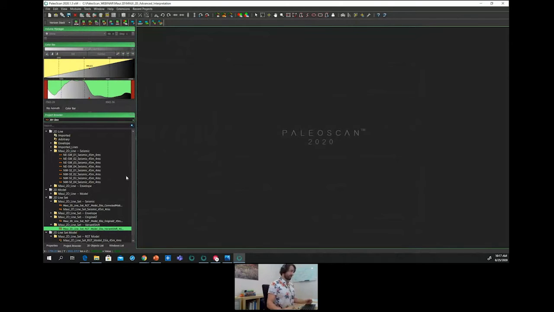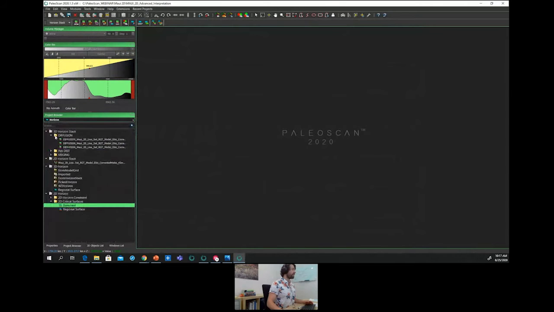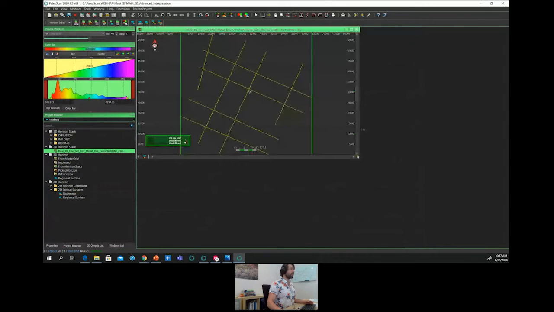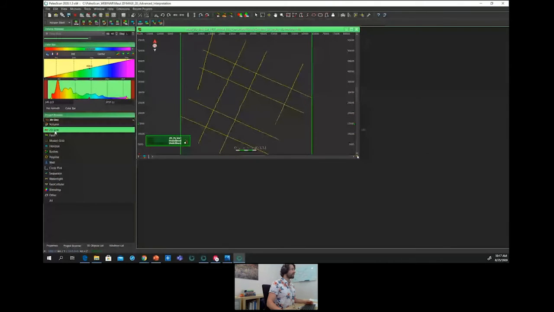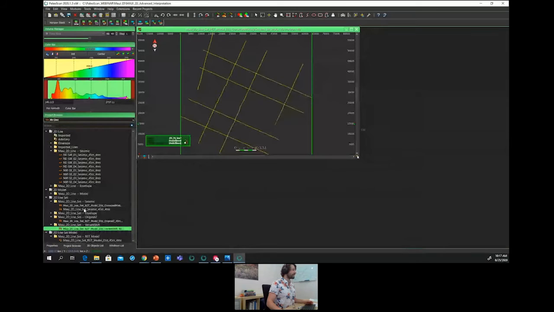Once this horizon stack has been created, it appears within the horizon tab of the project border, within the 2D horizon stack, and we can appreciate the distribution of those isochrones directly onto the 2D line set.